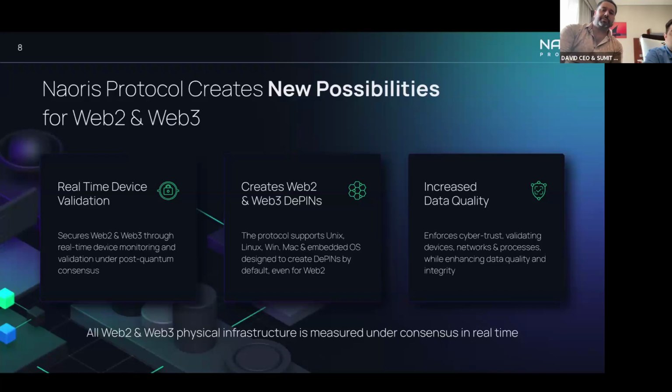So we bring a lot of possibilities to Web 2 and Web 3. We allow for health checks that are transparent, for example, across infrastructures, across devices, across services, servers, applications, APIs, you name it. We can create and support existing DePINs. So DePINs can be created on top of our protocol by default, basically going directly with our nodes into systems like Windows, Linux, Unix, Mac, and others that we already support,